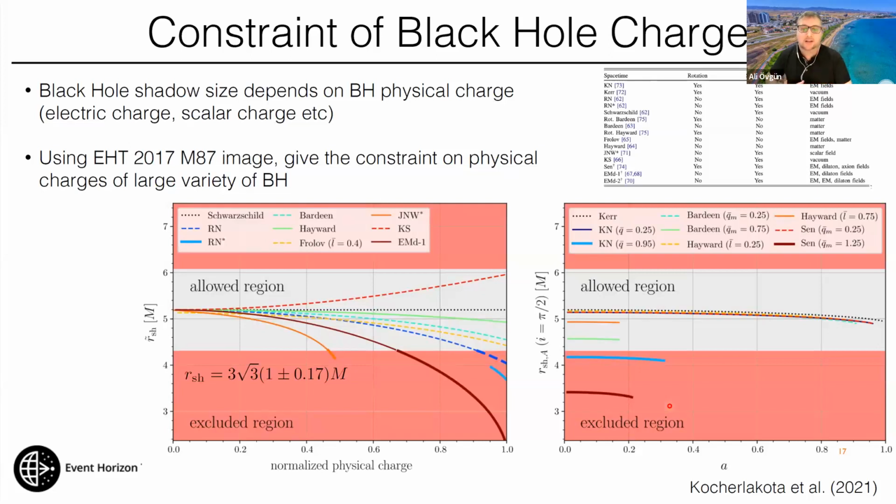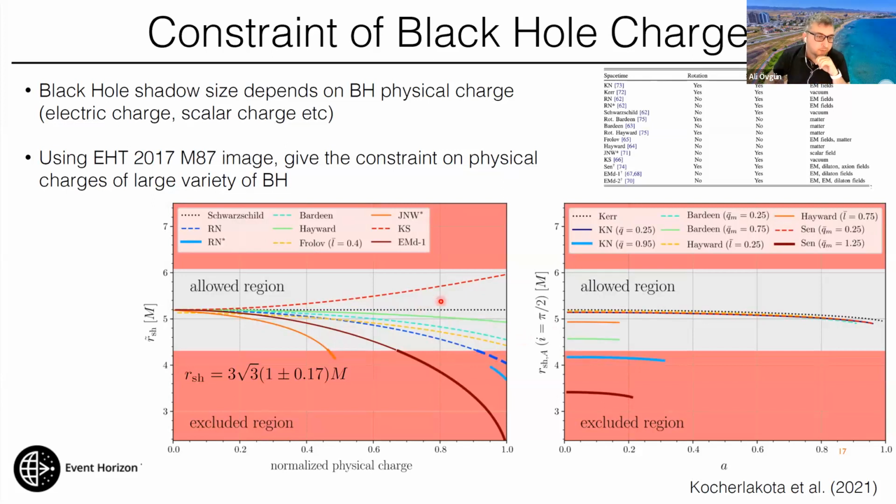Also, you can use the Event Horizon Telescope and black hole shadow to constrain the black hole charge, because black hole shadow size also depends on the black hole physical charge, like electric charge, scalar charge, and other charges. And using the Event Horizon Telescope 2017 M87 image, you can give constraints on the physical charge of a large variety of black holes. You can see that many different black holes, and in the 1 sigma region,